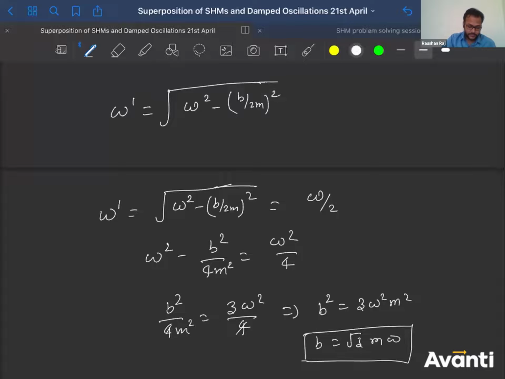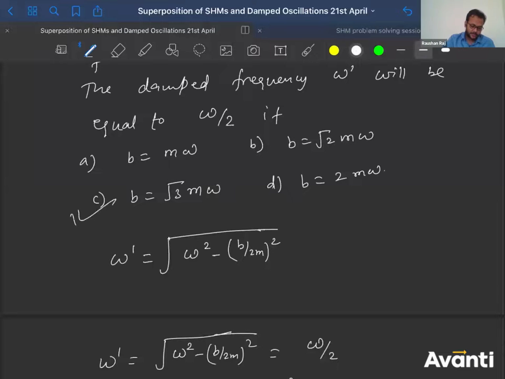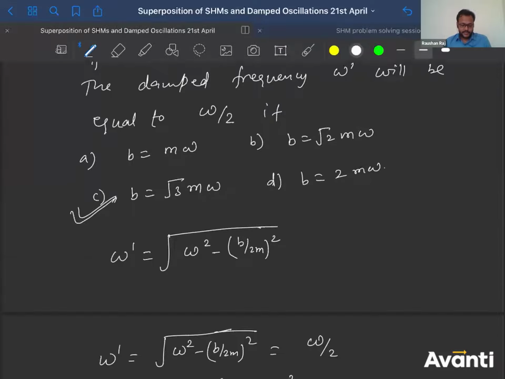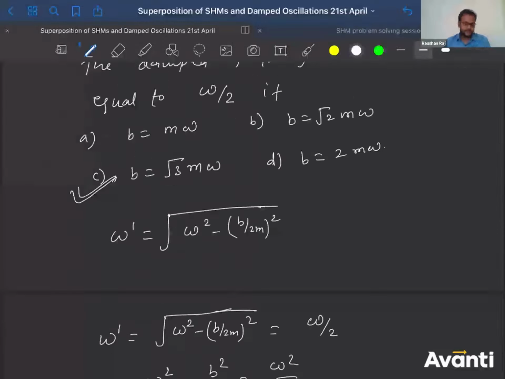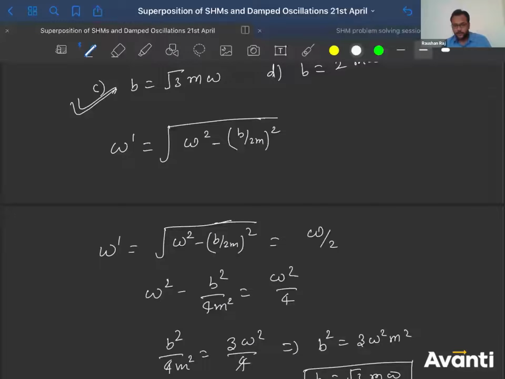So which option is correct, kids? Option C. Yeah. Many of you were quite confident about C. And the correct answer for this question is option C. This is the approach for this question. Okay. Chalo, let me hand over to Abhinav sir. Sir, once you are ready, let me know. You can unmute yourself if you are ready.